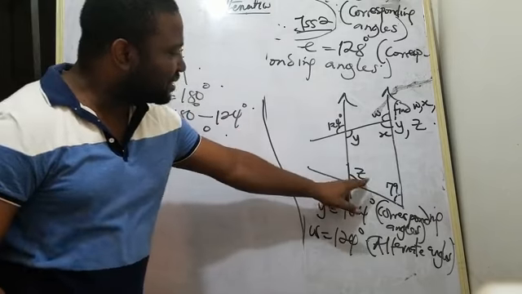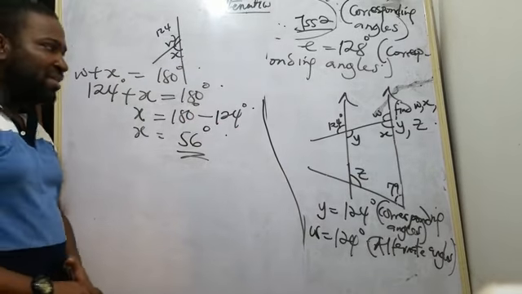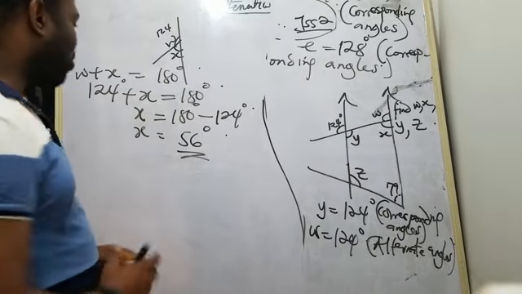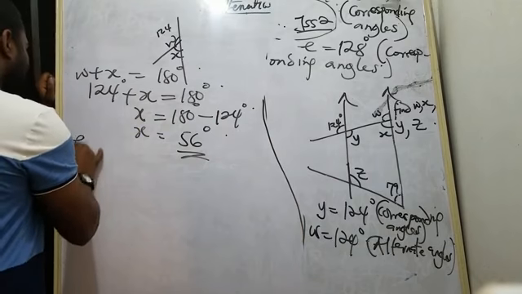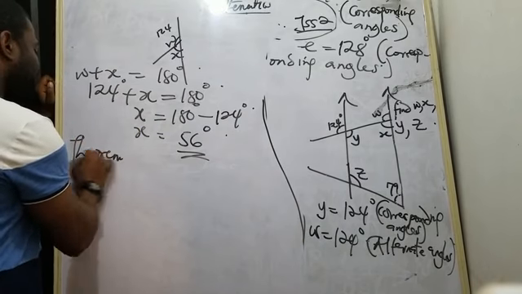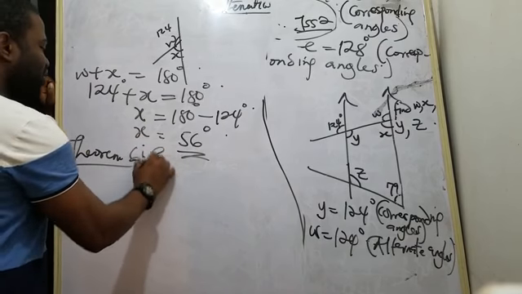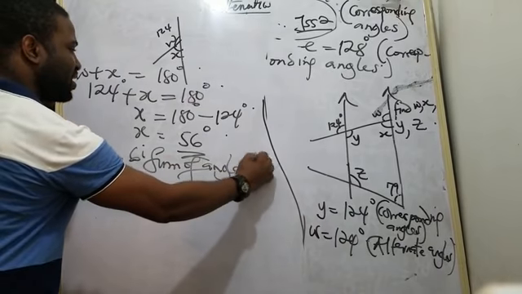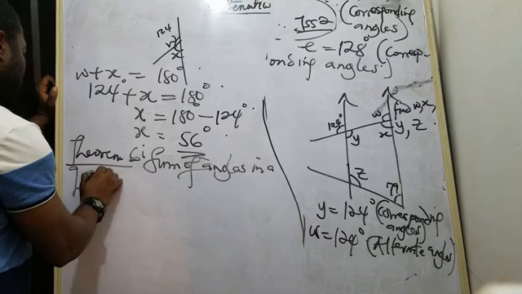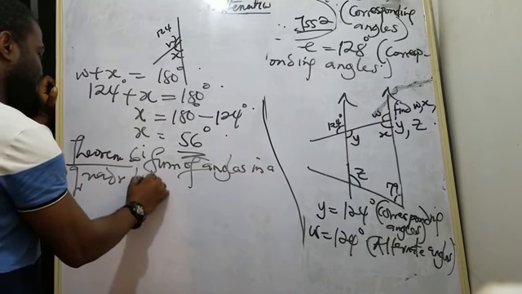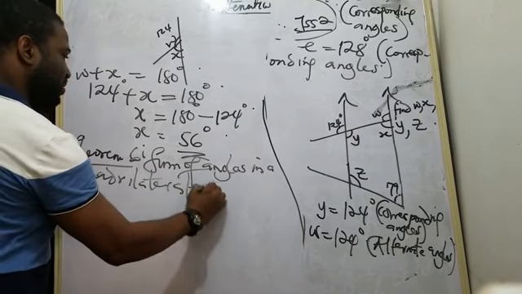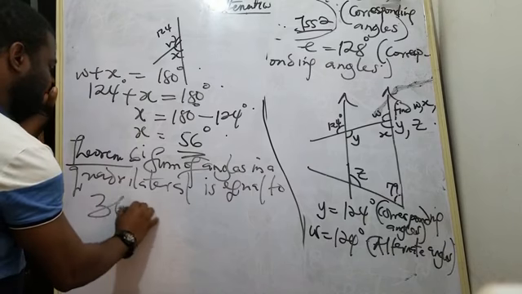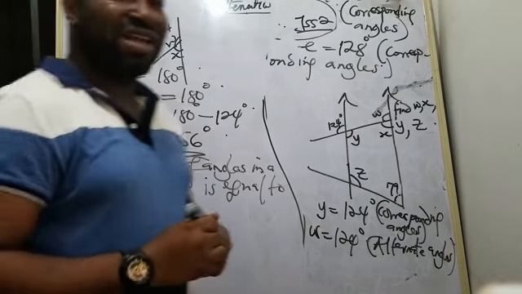Now you have what is left. You have Z left. Are you following me? Now this is a quadrilateral. Now sum of angles in a quadrilateral. That's another theorem. Theorem 6 now, okay? Sum of angles in a quadrilateral is equal to what? 360 degrees, okay? Now, quadrilaterals are angles